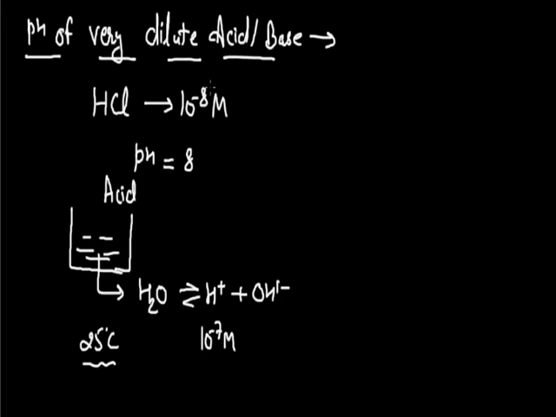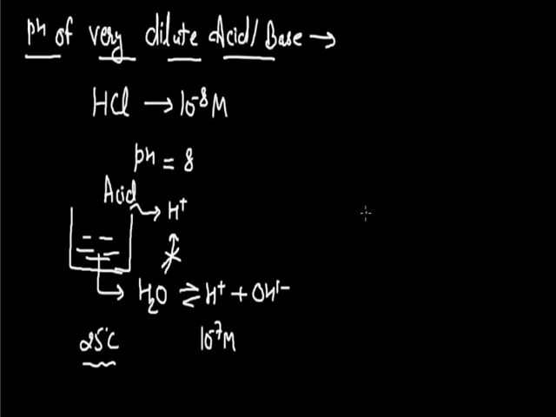So whenever we calculate the pH of an aqueous solution of acid or base, we always take the hydronium ion provided by the acid. We never include the hydronium ions which are provided by water in the calculation, since the value is very small and can be ignored as negligible.